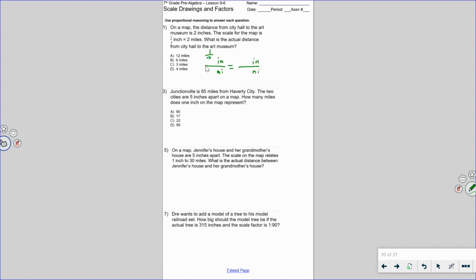So here we have 1/3 of an inch to 2 miles. The real thing is 2 inches. What is the actual distance? Go ahead and solve that, find out which one of those is the correct answer. Take a look at number 5 real quick. Let's go down to number 7. Number 5 is another inches to miles. Number 7,